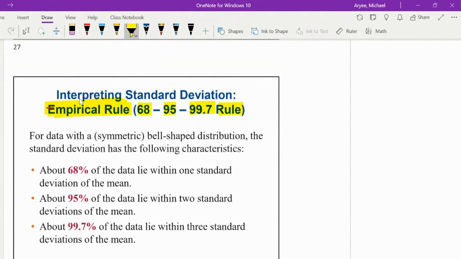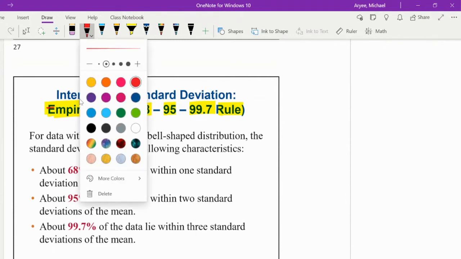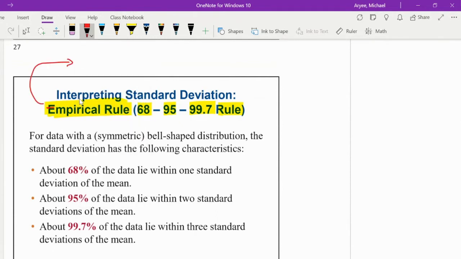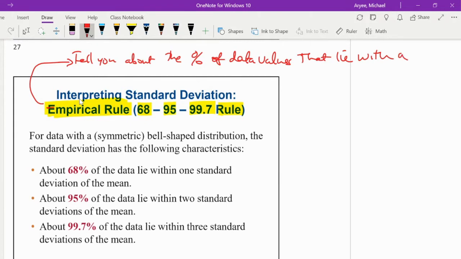Now, in general, the empirical rule tells you about the percentage of your data values that lie within K standard deviations. For example,